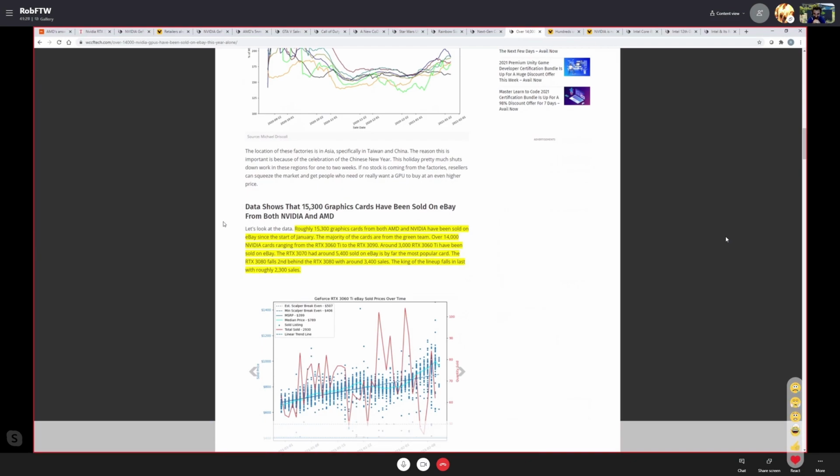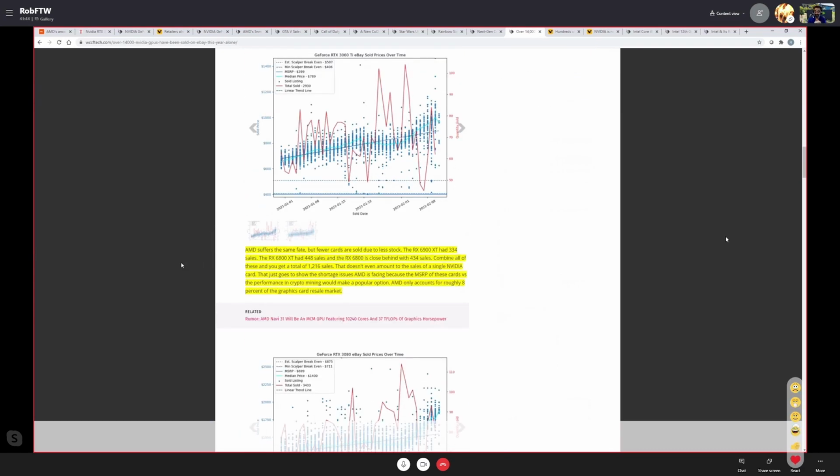The RTX 3070 at 5,400 is by far the most popular card. Right. The 3080 fell second behind with 3,400 in sales. And the 3090, the king of the lineup, falls in last place. Of course, because how much higher can you raise the price on that card? I know. I mean, you're talking about the price of a car at some point. Jeez. We'll bring that up at the end of the day, about somebody offering a car. But anyway,